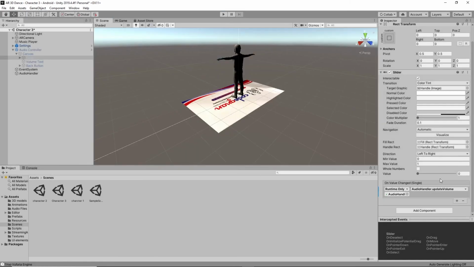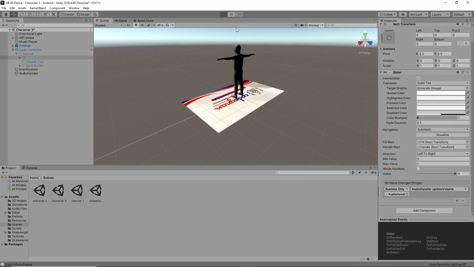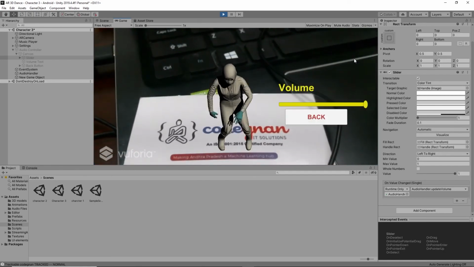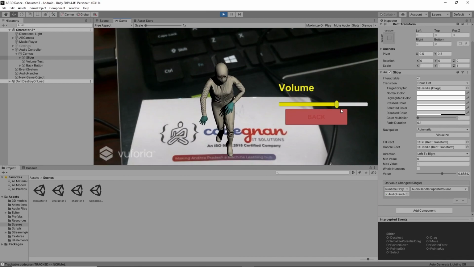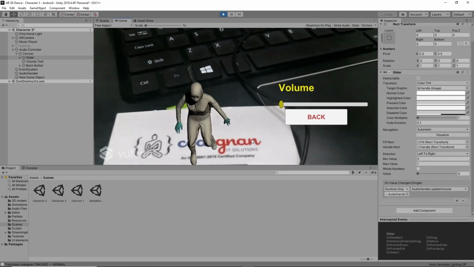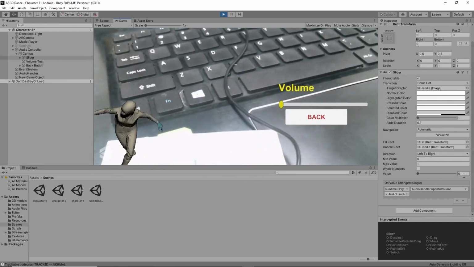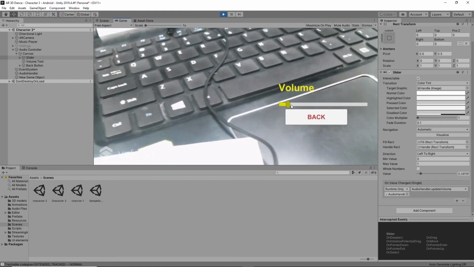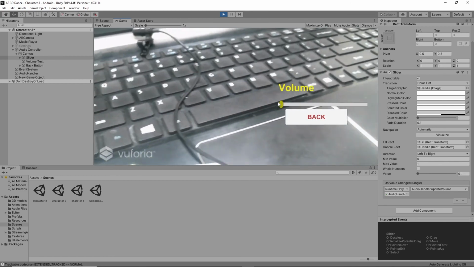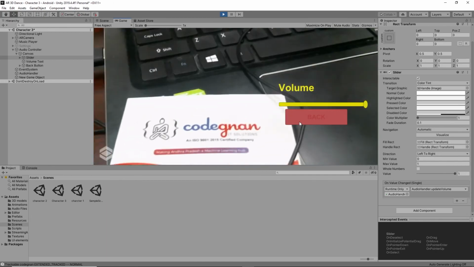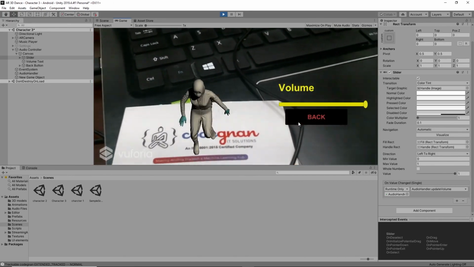That means we didn't increase the volume. That's why it's not working properly. So if you increase the volume and click on play again, see here, it was decreasing. If you didn't make the value 1, it will take from the initial position to 1. So if you increase it, it won't work. So make sure it is 1 by default, like this.